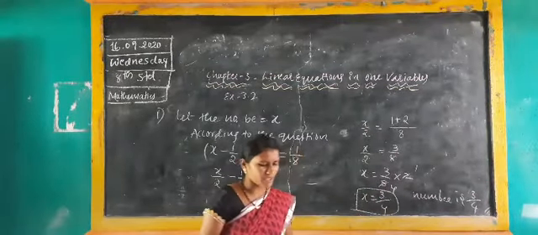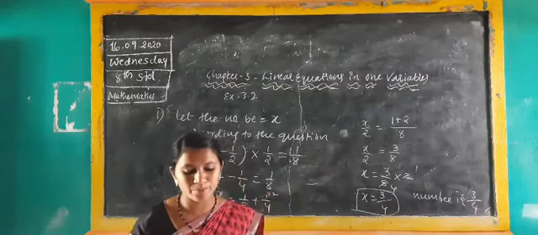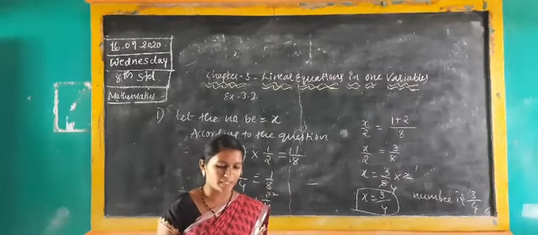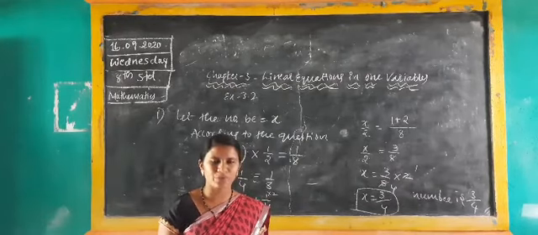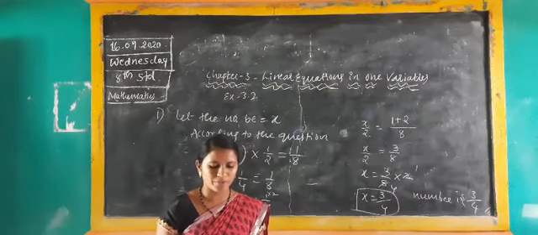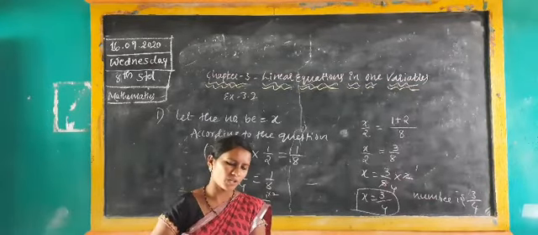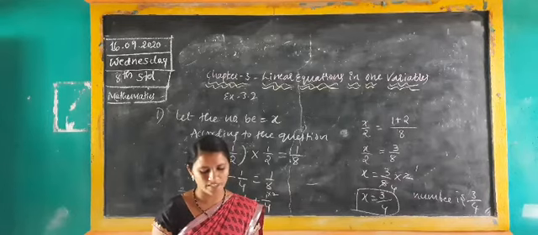Okay, take the second one. The perimeter of a rectangular swimming pool. The perimeter of a rectangle formula is 2 length plus 2 breadth, or 2 into L plus B, is 124 meter. The total perimeter of the rectangle they have given is 124 meter. Its length is 2 meter more than twice its breadth.